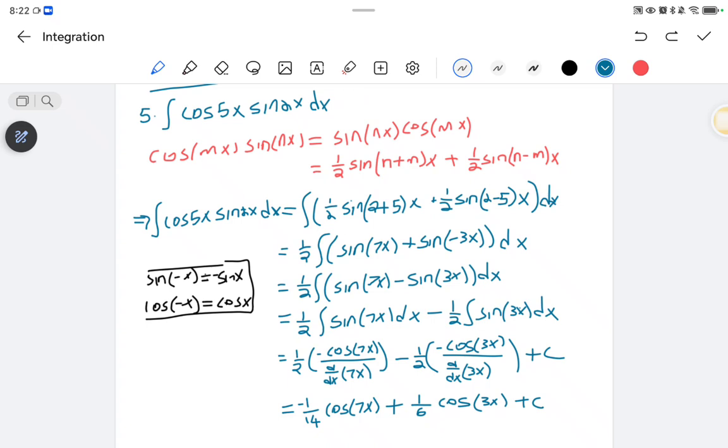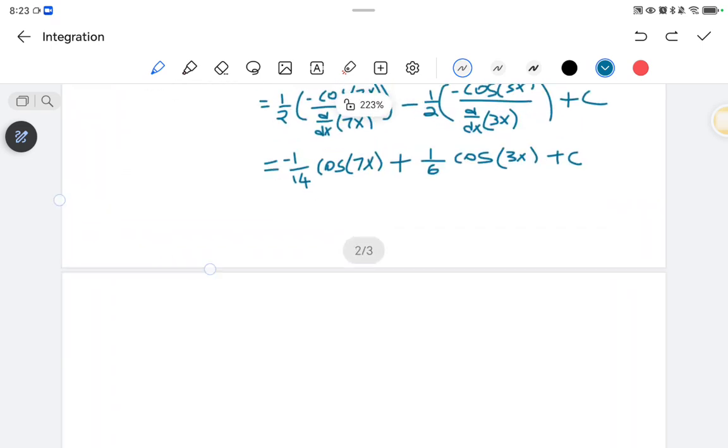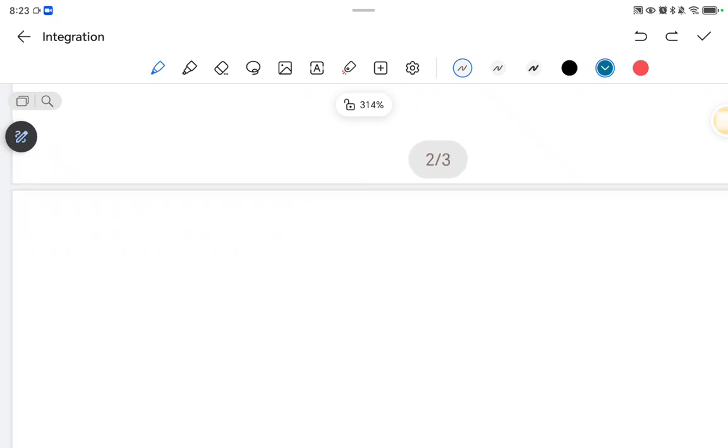So now we can go to, I think it's number 7. We can go to number 7, and then we see. So let me say this: number 7, yeah, it's this one. 7, it's like this. So it is the integral